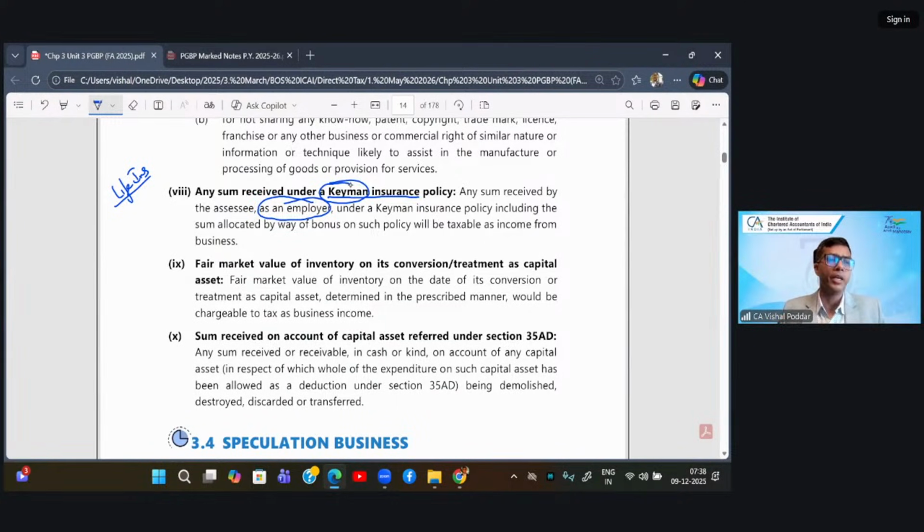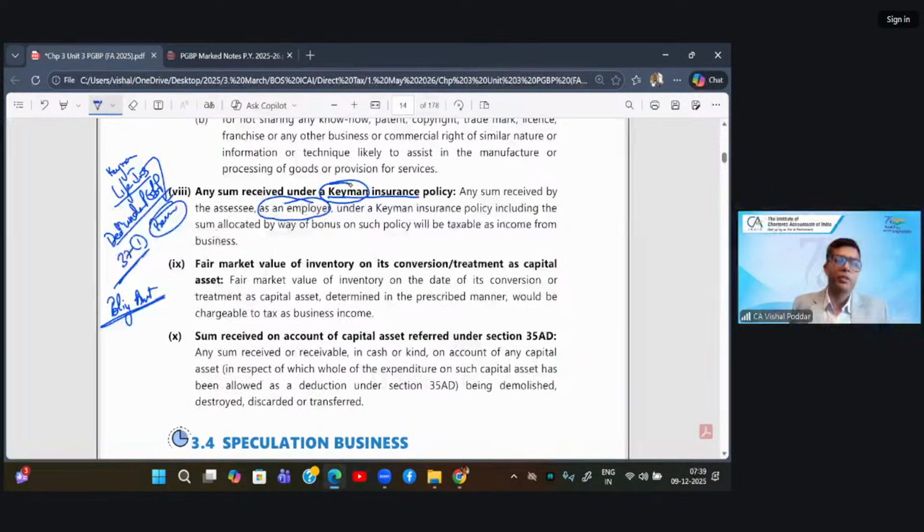So I get deduction under PGBP, which we will study in section 37(1), for this insurance premium, provided this life insurance is a Keyman insurance. If I have taken a Keyman life insurance, then the premium which I'm paying for the life of somebody else, like my partners or my directors, who are key persons, I will get deduction under PGBP. Now this is about the expense side. Now we are on the income side. If something really happens to any of these persons, then whatever policy amount I will get,